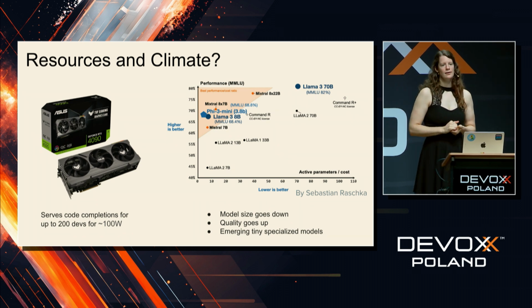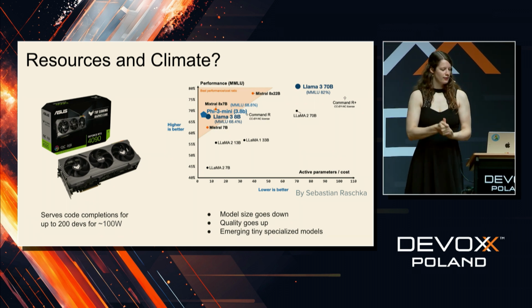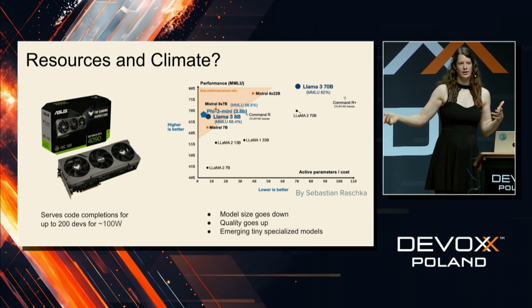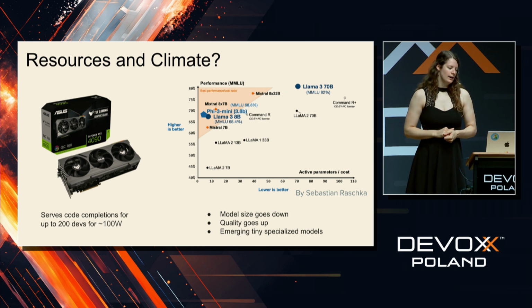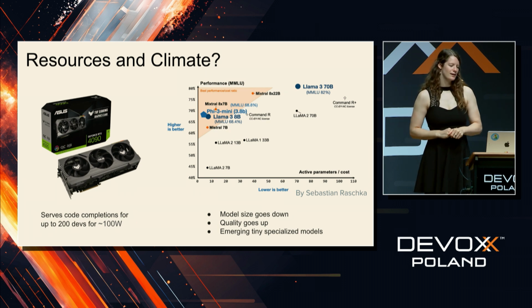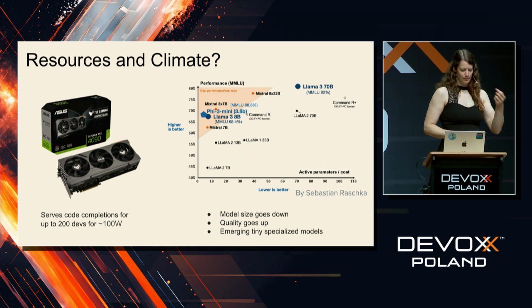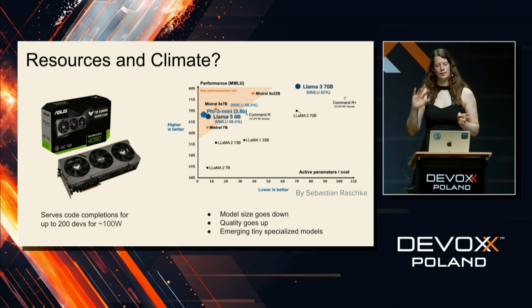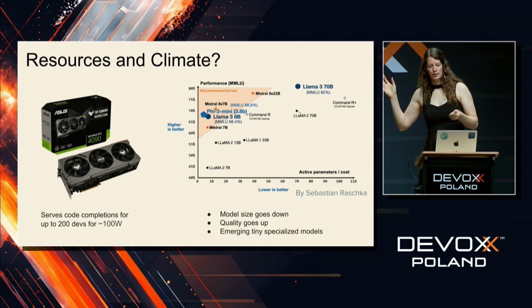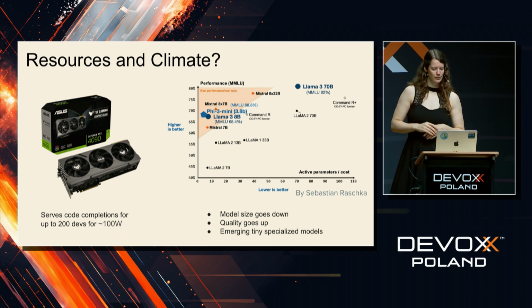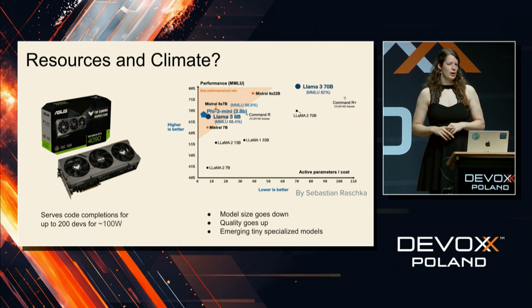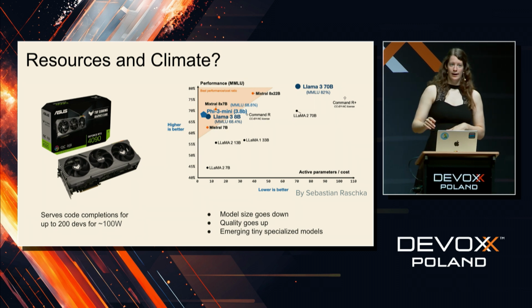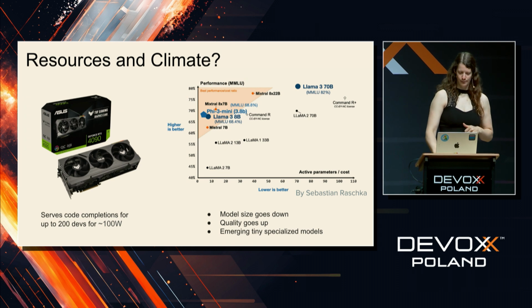And if this continues, in the end these tools become also somehow efficient, because if they save your developers so much time, so much less time that their computer has to be on, in the end it's a balancing act. And given this progress, I think this is pretty fine right now. For example, we are running a coding model for our developers for auto-completion in our company on a small GPU gaming server. And we serve about 200 devs for 100 watts, 200 watts, something like that. So that's actually quite efficient, and it makes them much faster as well.